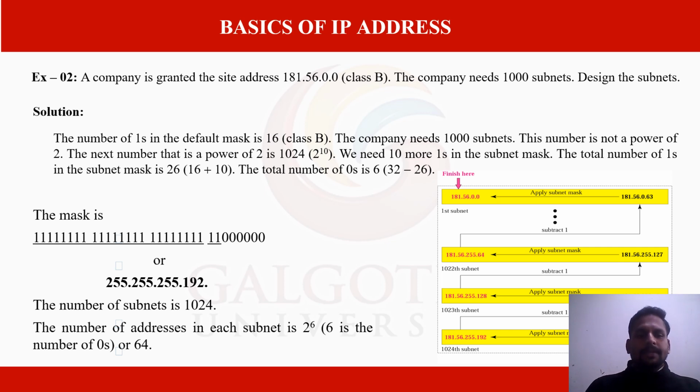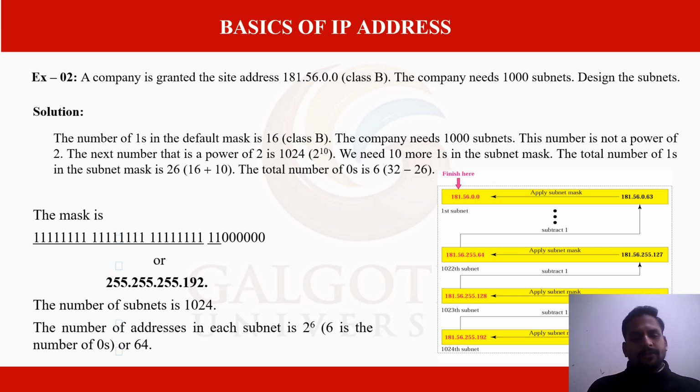Okay, so the subnet mask value is 26 bits, and the rest, that means the address range value, is the remaining bits, that means 32 minus 26, it is 6. So those 6 bits are giving the address range here. Okay, so you see this mask here, after the calculation the mask value is 192, that means 255.255.255, because the total is 26. Okay, so up to 24 we are filling with all the ones, so it is 255, 255, 255. In the last octet we are getting 2 more bits, so that means 128 plus 64, it is giving the 192. So that is what gives that 192 here.